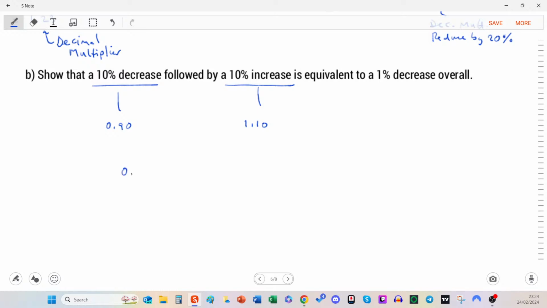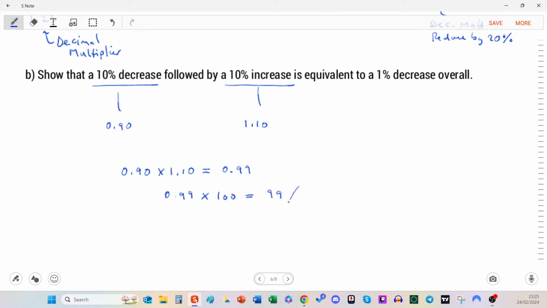So if we began multiplying by 0.9 and then we multiplied by 1.10, so 0.9 times 1.10, overall, the calculator tells us is 0.99. So by doing that, followed by that, we end up with an overall effect of 0.99, which if you multiply that by 100, always do a separate line,